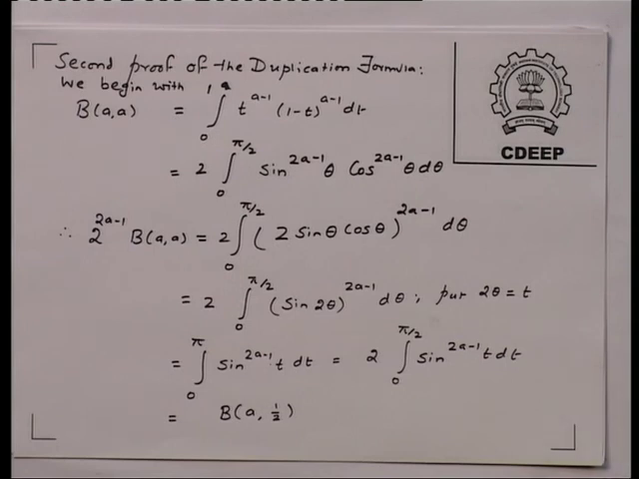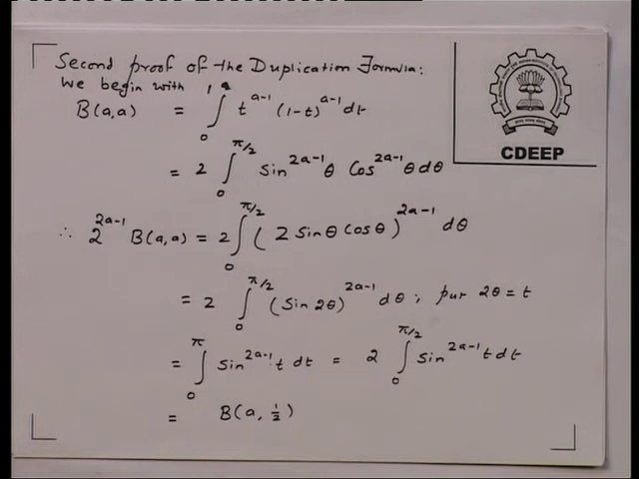But the right hand side is again beta of a comma half. So now you see that 2 to the power 2a minus 1 beta a a is the same as beta of a comma half. Now it is very clear what we are going to do. We are going to apply the beta gamma relationship and cancel off the